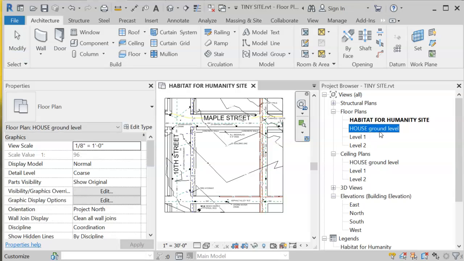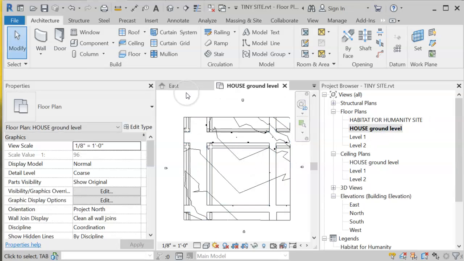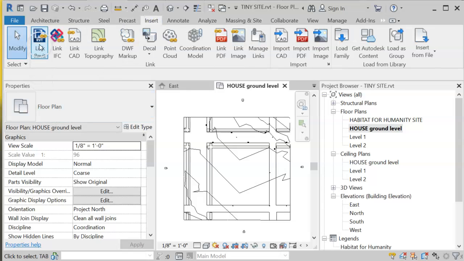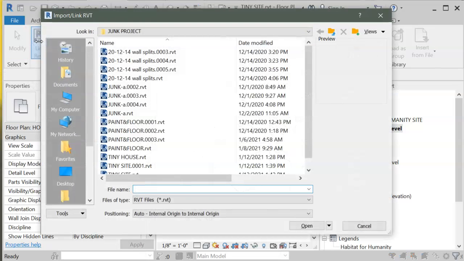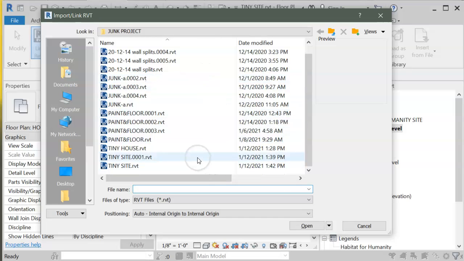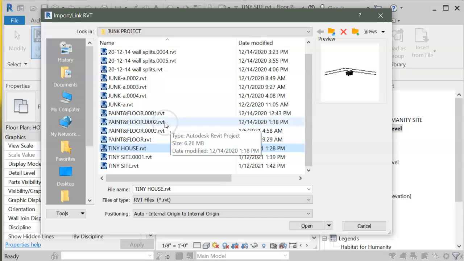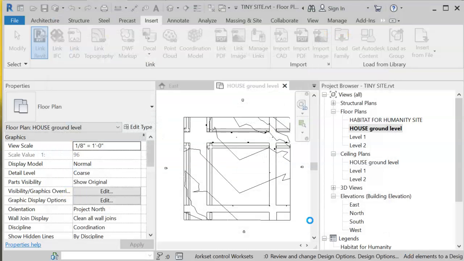So we're going to, I like to choose this house ground level, and then we're going to choose Insert, Link Revit, and we're going to find our tiny house. Keep in mind not to choose things that have these numbers at the end because those are temporary versions. Alright, so this is my tiny house model. I'm going to click on open, and it's going to